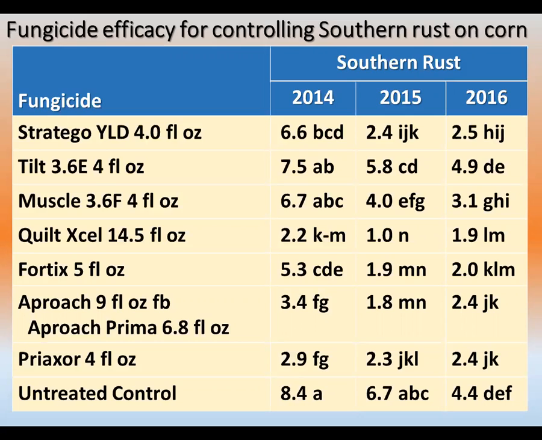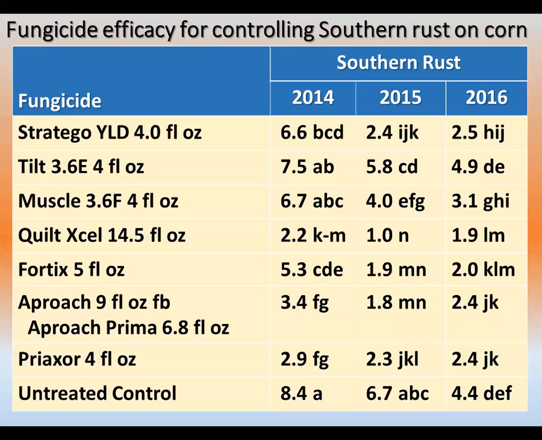There are considerable differences in the performance of fungicides against southern rust. And the products listed here, Quilt XL probably did the most consistent job in controlling southern rust in corn, followed by the 4-ounce rate of Paraxor. They did a really nice job consistently over the 3-year study period. Some other products like Stratego and Vortex